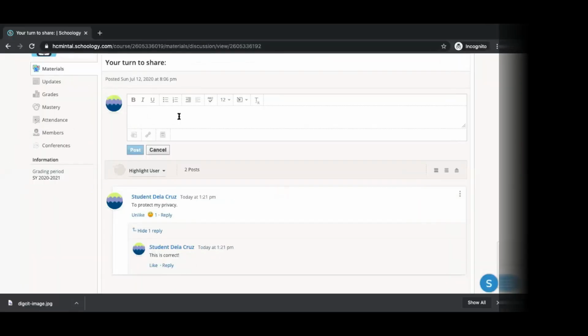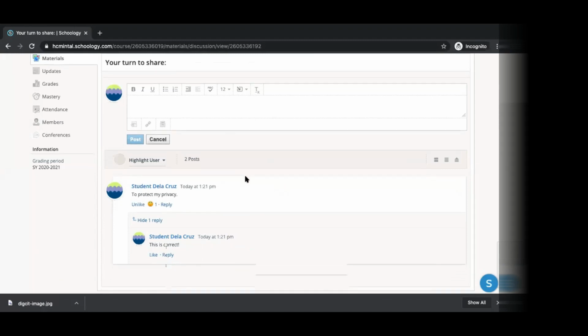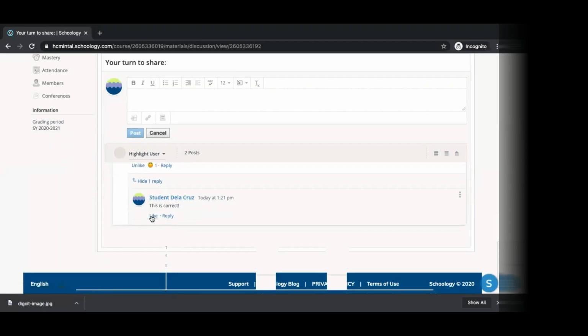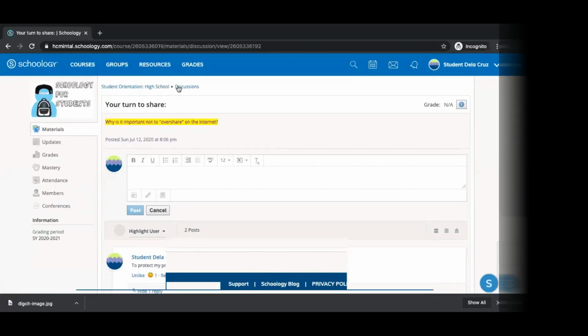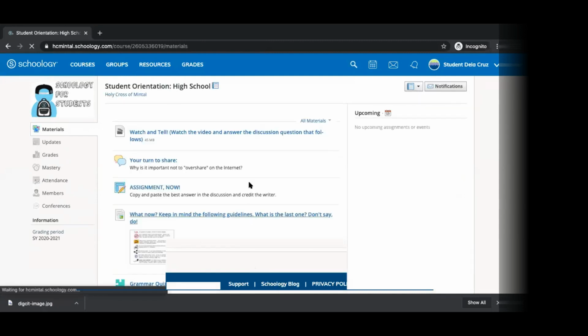okay, this is also a form of communication and collaboration with your classmates because just like what I said, even if Schoology is moderated by your teachers, you can still communicate with your classmates. Okay, and discussion forum is one of it. So you can reply, you can engage your classmates in a meaningful discussion through Schoology. All right. And then moving on to the next thing that you can do in Schoology is submitting